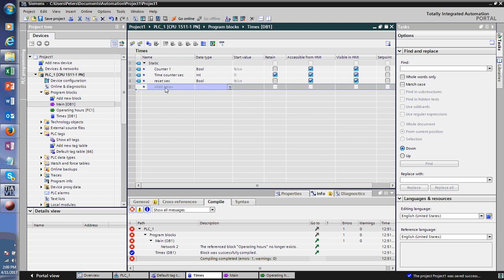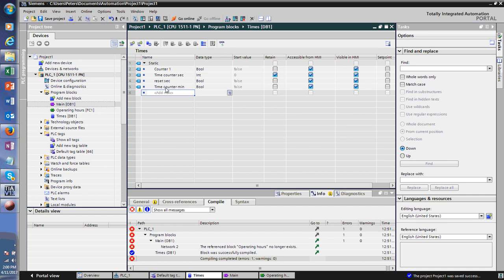We already have a time counter for seconds and a reset for seconds. Now we want to create a time counter for minutes,